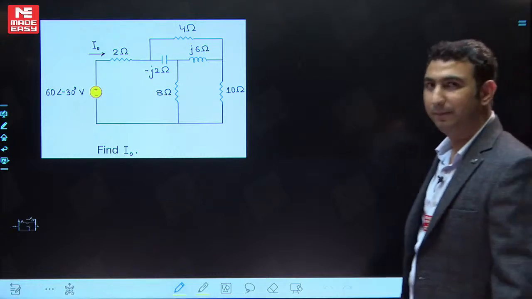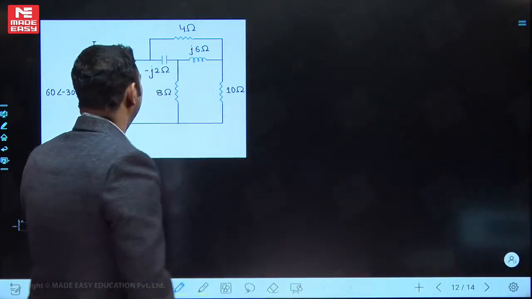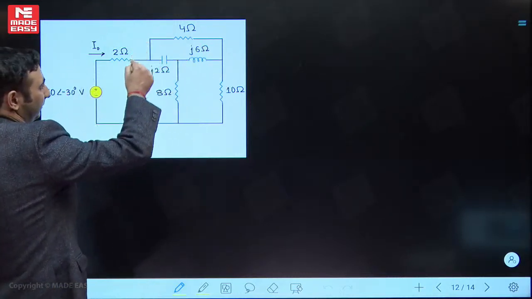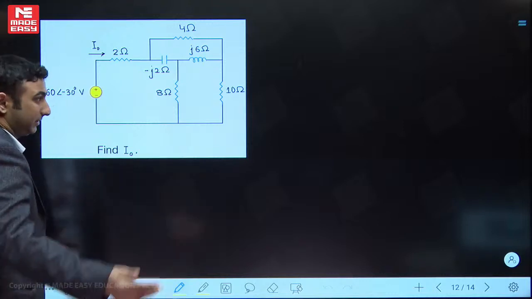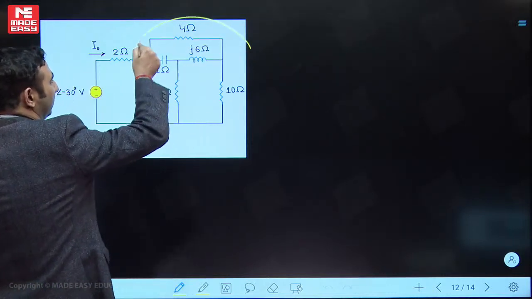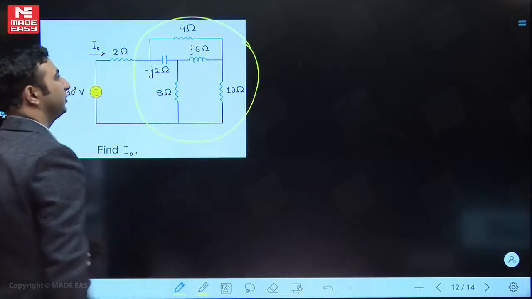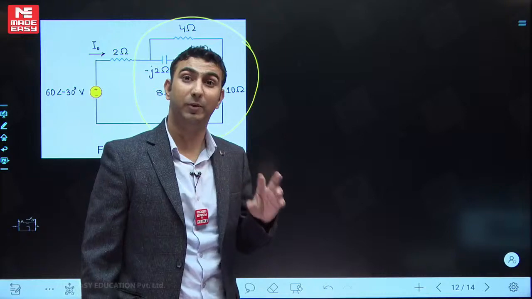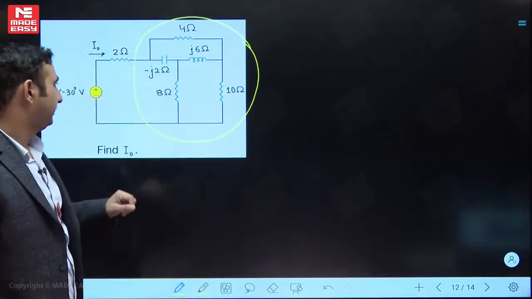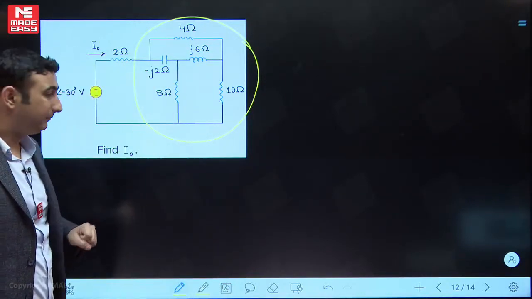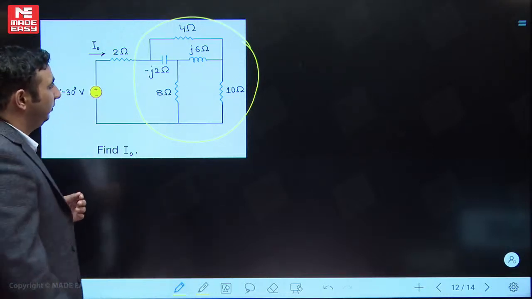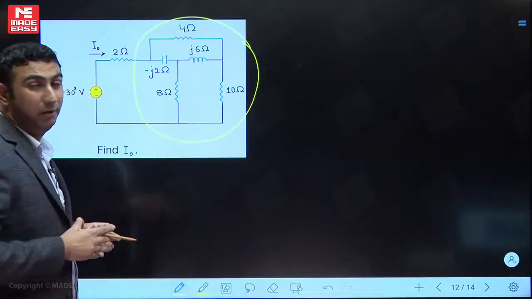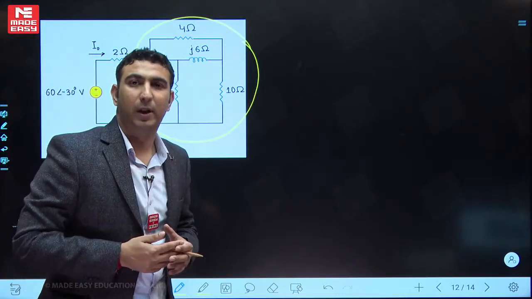I hope you have seen the question. Let's see, children. The first thing that I want to notice over here is that this is a bridge. Although I have already told you in the class, but still, you have to identify this, not miss it. I have shown the bridge before too; they give the bridge in a twisted way. You should be able to identify the bridge. So this is a bridge that we have over here. Fine. Sir, so what? You know that if it's a bridge, the central arm, the bridge is not balanced.